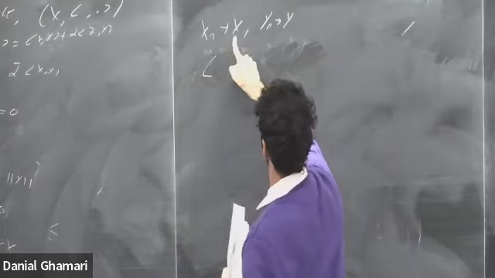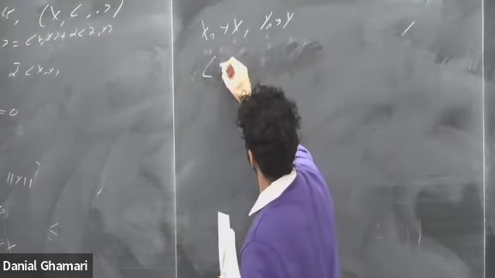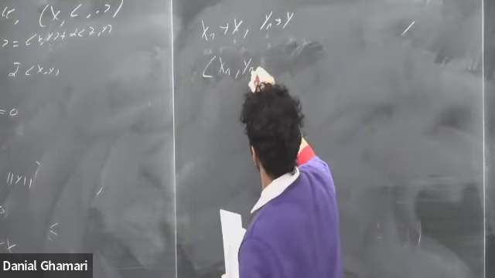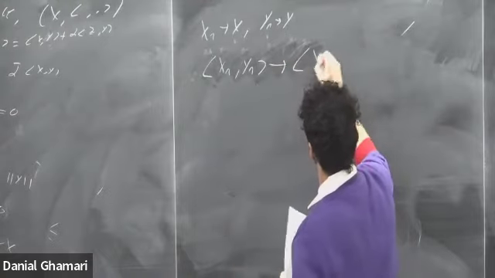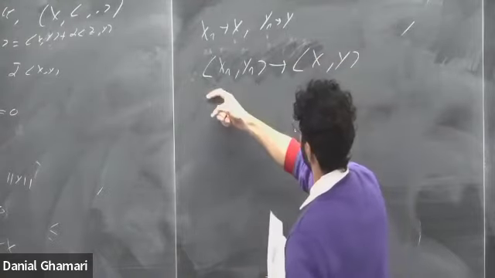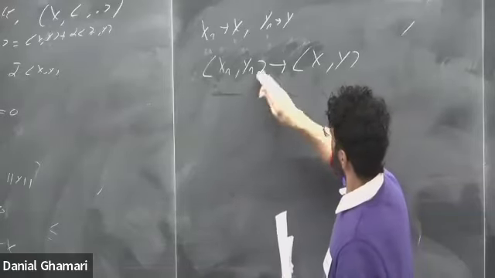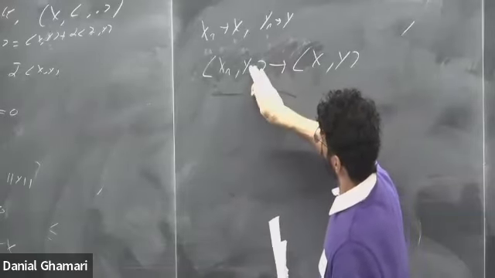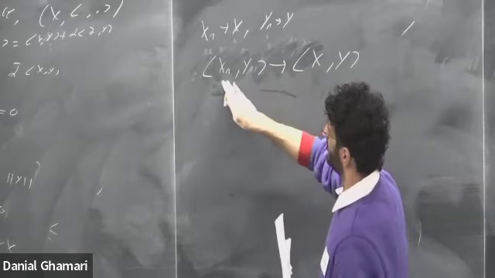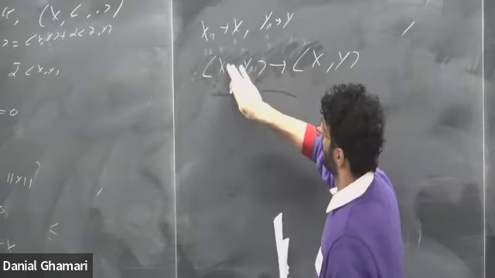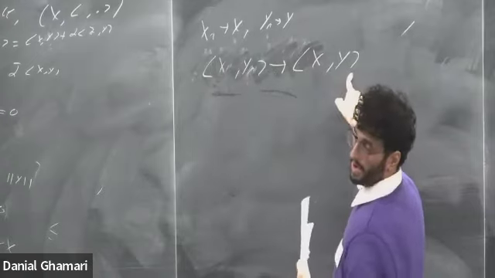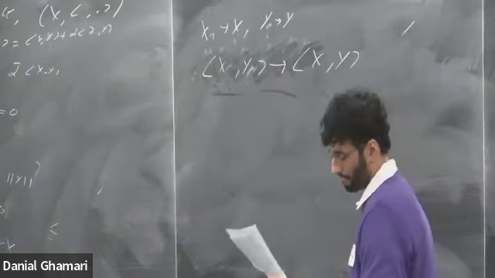So xn converges to x and yn converges to y. Then you have that xn comma yn converges to x comma y. So essentially, you can pass limits in and out of the inner product. And in this case, assuming y was just a constant sequence, you can move it into the left argument, or vice versa, you can move it into the right argument, since it's linear in both arguments.